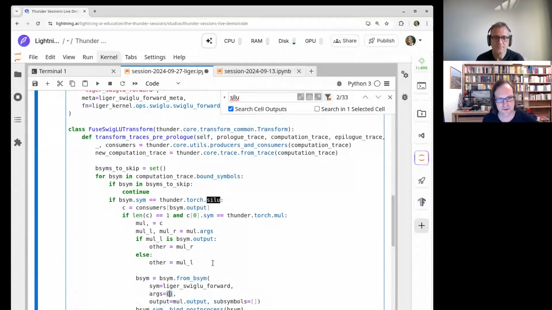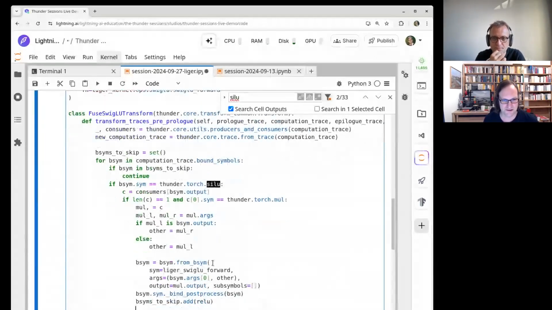And so the arguments would be the input to the Silu function, and yeah, we should check that it's the only input, but let's not be too holy here. Yeah. And then we need the other factor, and this should be the arg to the fused thing.